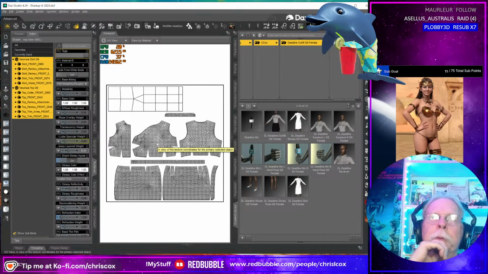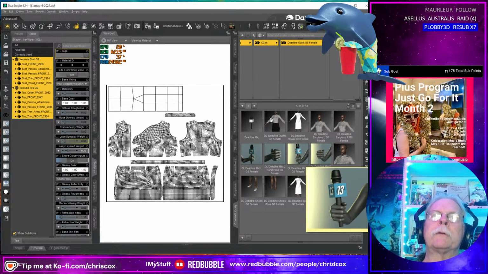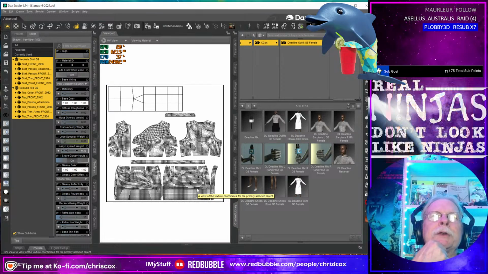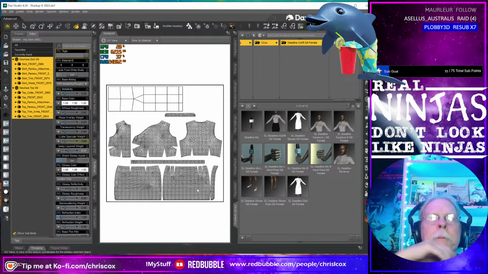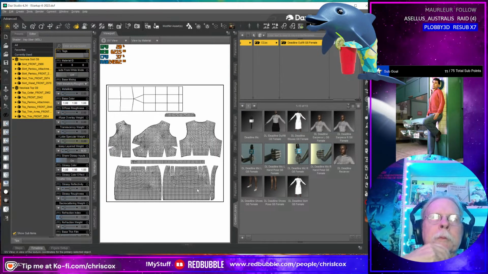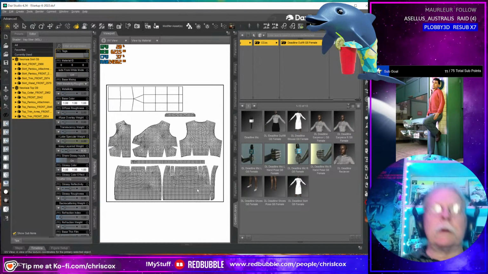Anyhow, thank you all for being here. We got the mics in the hands, and we got the hand poses set up for the reporter outfit, and we made some good progress on the project after that, the Neo Asia outfit. I'm still debating on whether or not I'm going to do these little short high heel boots. I saw a picture of something I liked, and I think I might do that. So then this will be a three-piece outfit: a top, a skirt, and boots.